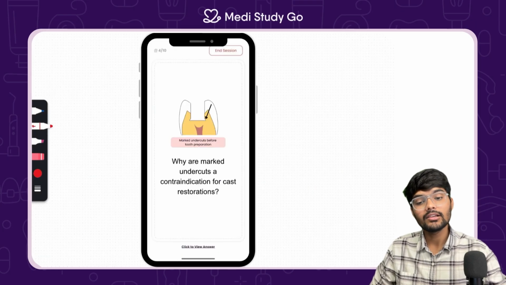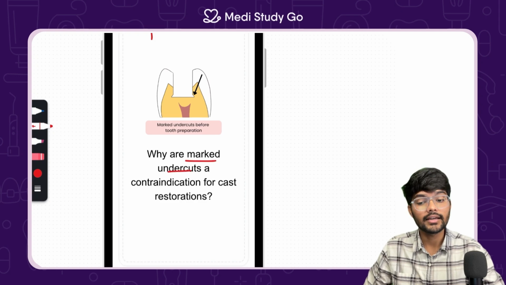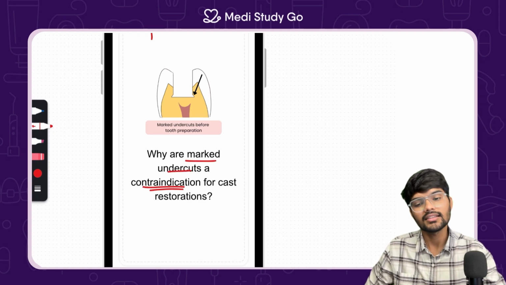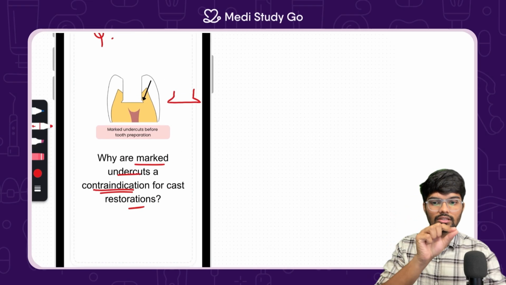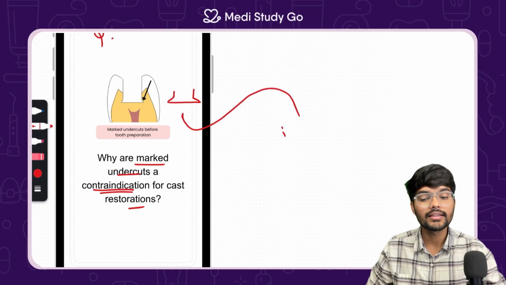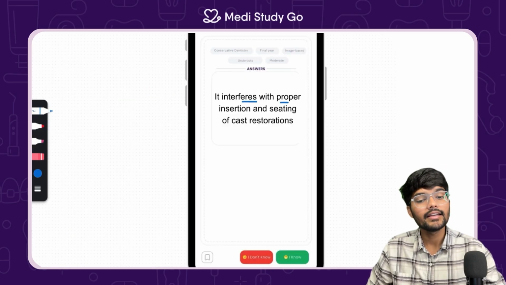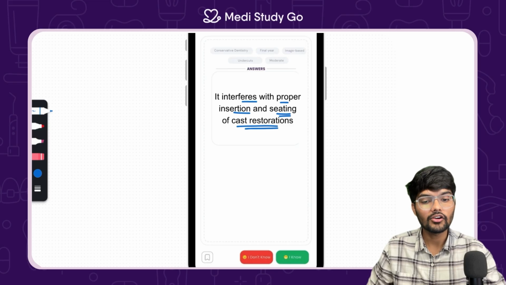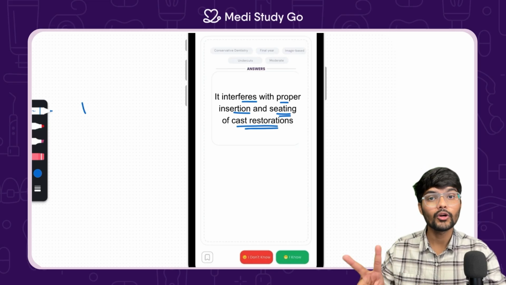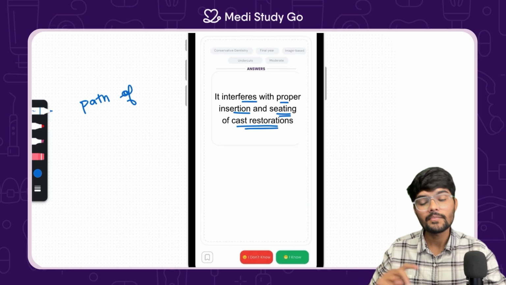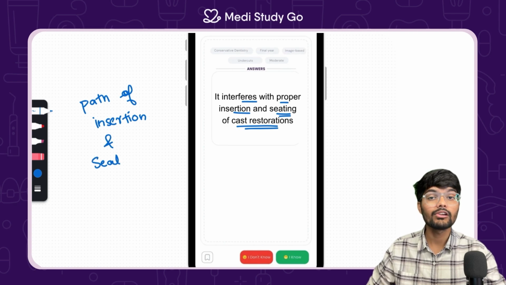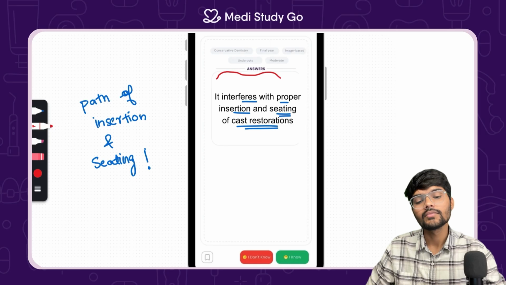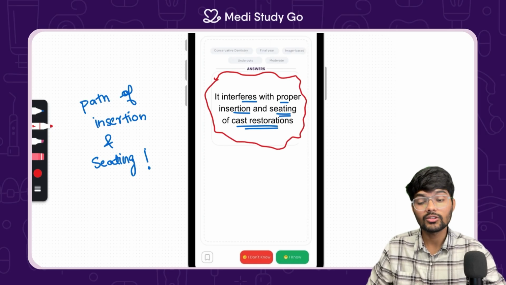Now let us go through the second question. Why are the marked undercuts a contraindication for cast restoration? We went through this as well. So we can see these undercuts, which go like this, as I've tried to draw in this diagram. So this is basically going to interfere with the path of insertion. So the answer is it interferes with proper insertion and seating of cast restorations. Two important points: insertion and seating. So these are very important factors when it comes to inlays and onlays, because we want our restoration to be completely seated. By the way, what I have marked in the red box, or the answer which we saw here,